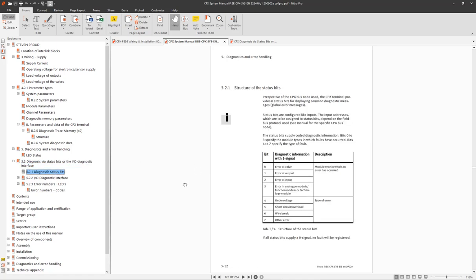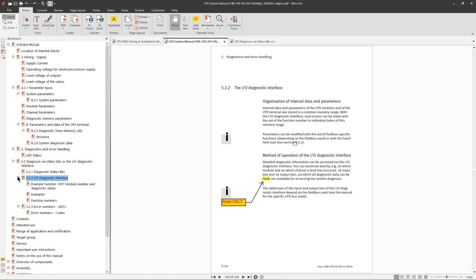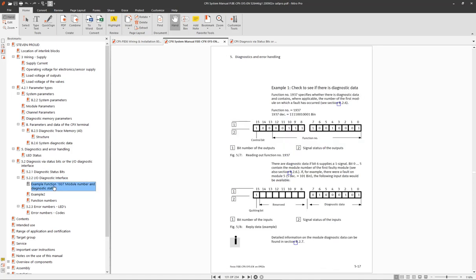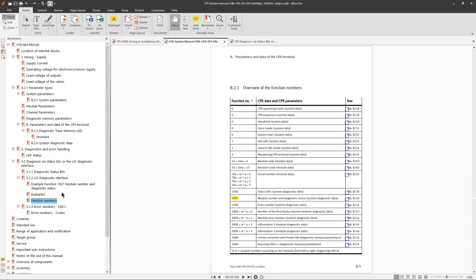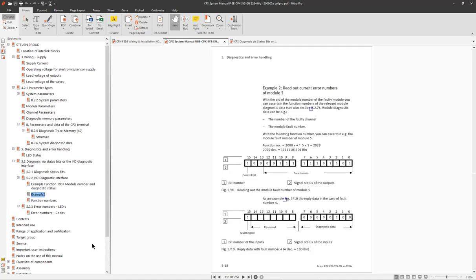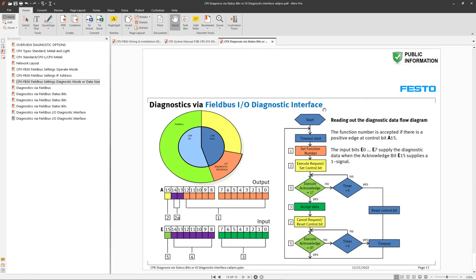There's your status bits here, and then we get into the IO diagnostics interface. Okay, so I've added my own notes to the PDF here, and there's a couple of samples in here on how to use it, and I'm going to show you that. But basically, going back to this right here, this is an overall chart on how to